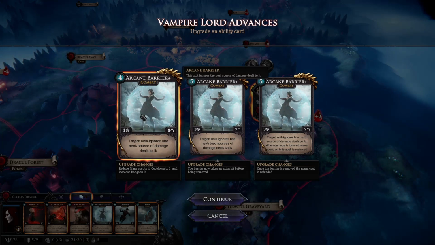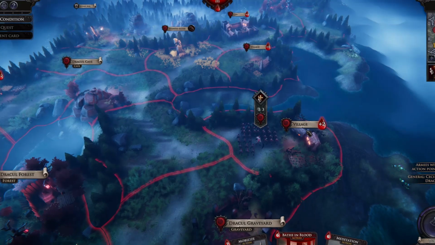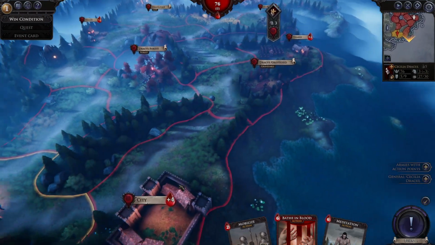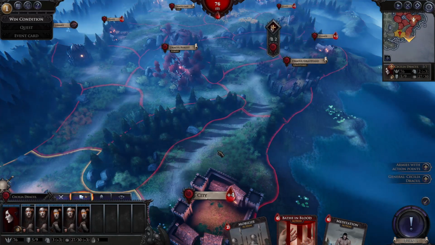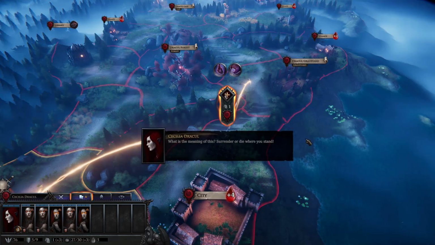Let's upgrade this one. Now we move the turn on. We are getting another little thing. We know we are heading down in this direction. We will highlight our unit and move to here. Now, we can mobilise, but